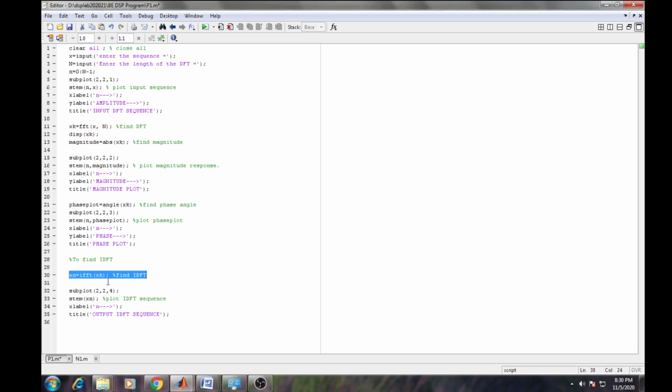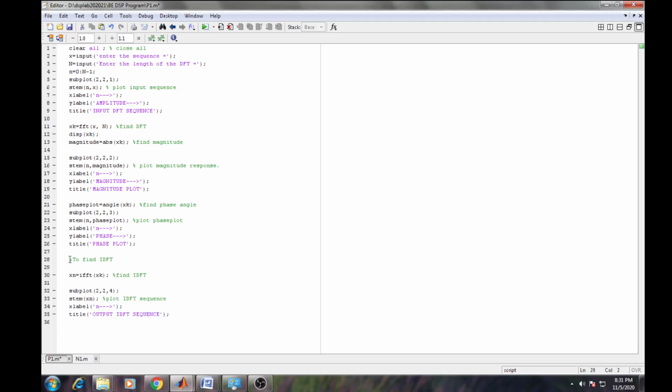Directly I am giving you functions. So x of n is equal to IFFT of X of k. That sequence that we have got, I pass it here and you will get x of n. Again we are interested in plotting that, so I plot it with respect to n: subplot, then stem x of n, and then label.